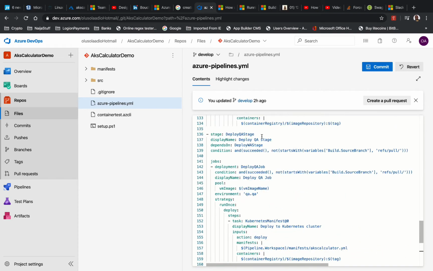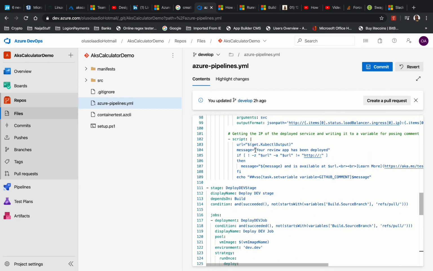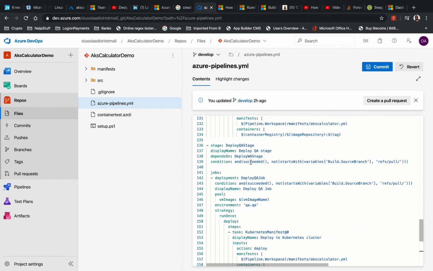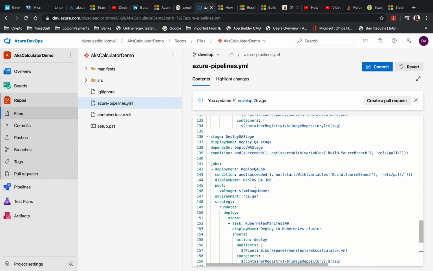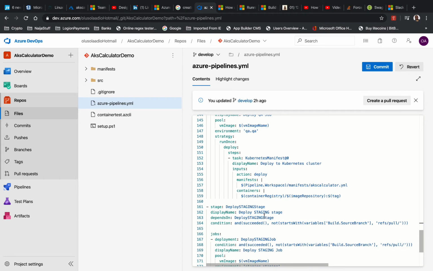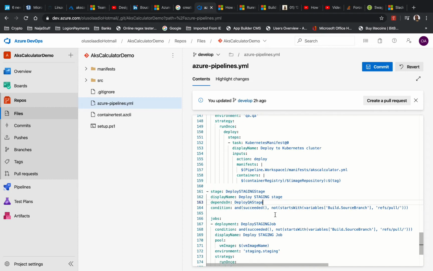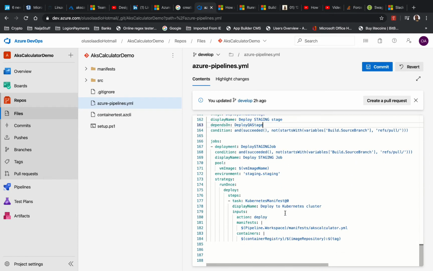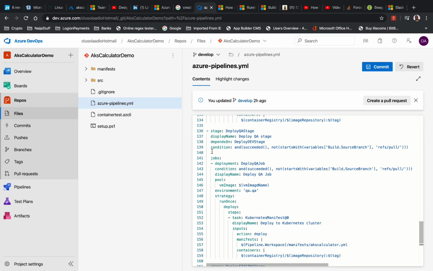And the deploy staging stage is going to depend on the QA stage. The deploy dev stage depends on the build, and the deploy QA stage depends on the dev stage. Sorry, the deploy staging stage will depend on the success of the QA stage. And the next one we're going to do